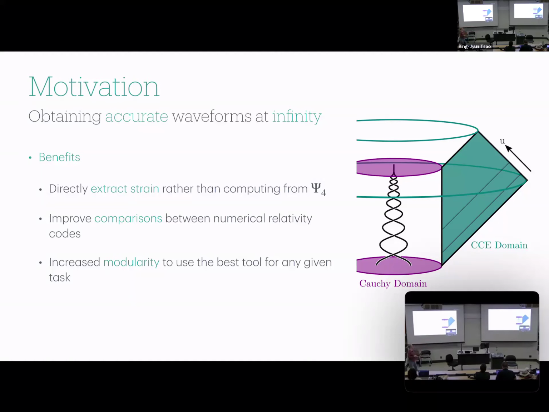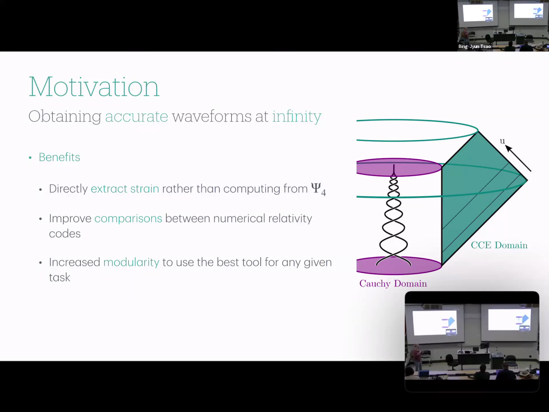And then the other reason that's really beneficial of using the SpECTRE CCE code is that it helps enable comparisons more. This kind of modularity can help us directly compare just the evolution without the waveform extraction being part of the equation, because we're using the same waveform extraction method.